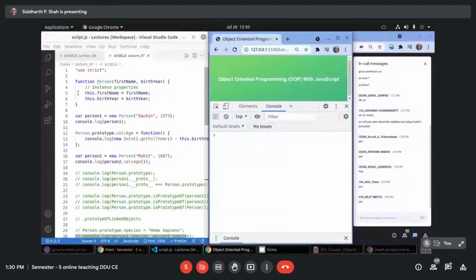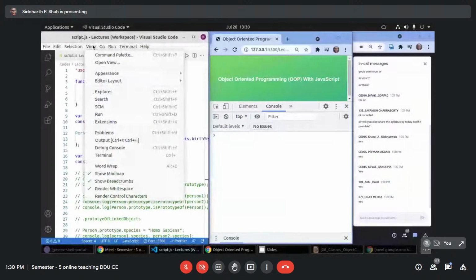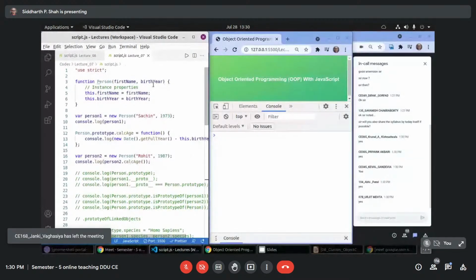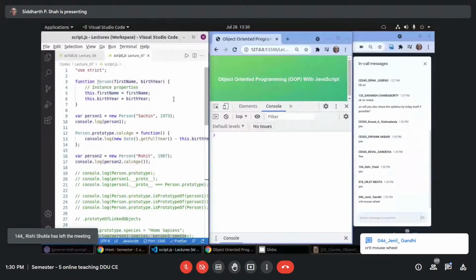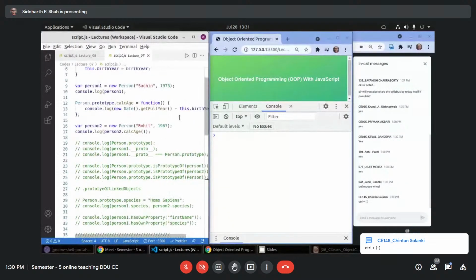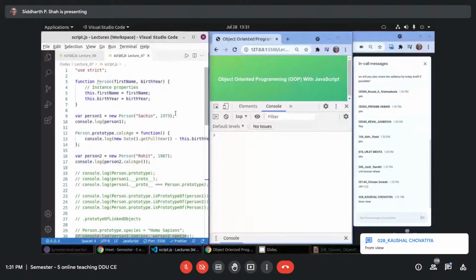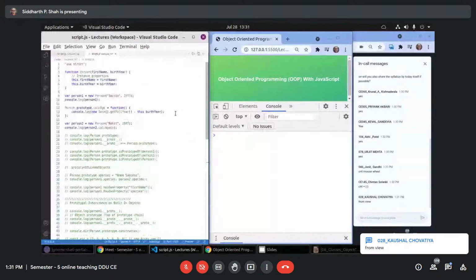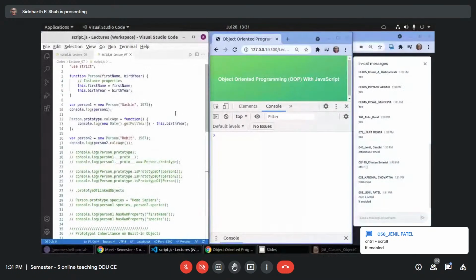Fine. Is there a way to zoom out this VS Code screen? Anyone? No, that's not working. Control mouse wheel is not working. Control minus I can try. Yeah, control minus is working. Fine.